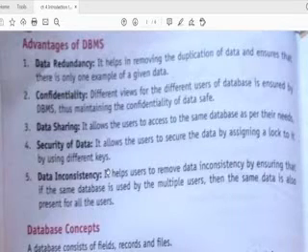Now next is data inconsistency. If two users are using the data at the same time, and I have provided the function that you both can use it, then only they will use it.